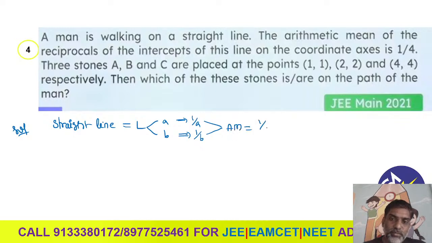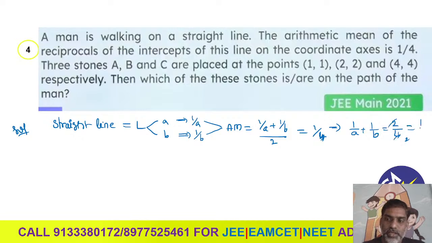Arithmetic mean. So what is the arithmetic mean? (1 by A plus 1 by B) whole divided by 2 is 1 by 4. From this what do we get? We can get 1 by A plus 1 by B is equal to 2 divided by 4, so we are getting 1 over 2. 1 by A plus 1 by B is equal to 1 over 2. This is the first condition, let it be. And then